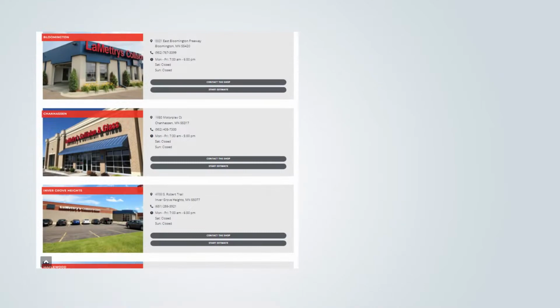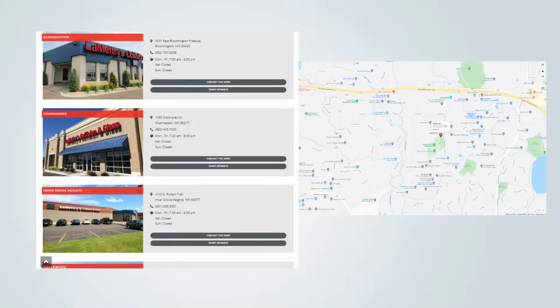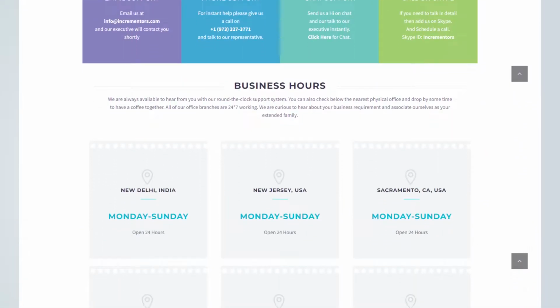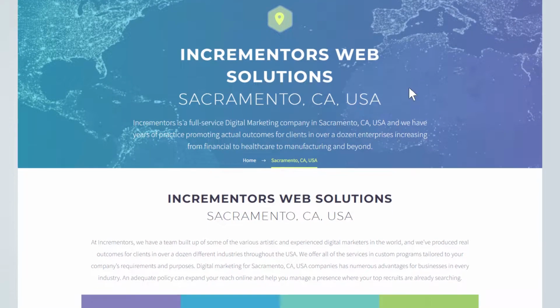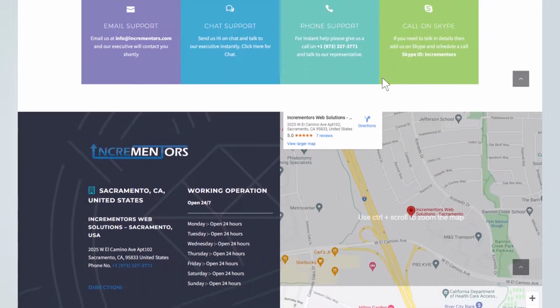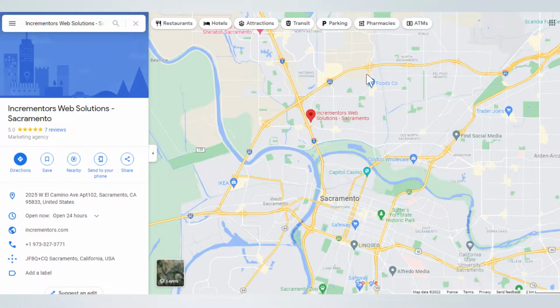Second is location pages. If you have multiple locations for your business, you need to make sure you have a separate location page on your website for each one, because that is going to act as a standalone local page for each location. And if you have multiple locations, you want to make sure that you have a GMB listing for each of those location pages. For instance, we have multiple locations, and for each GMB we have created a different location page. And when someone clicks on the website button on GMB, it takes them to that specific location page to make it highly specific for the users.